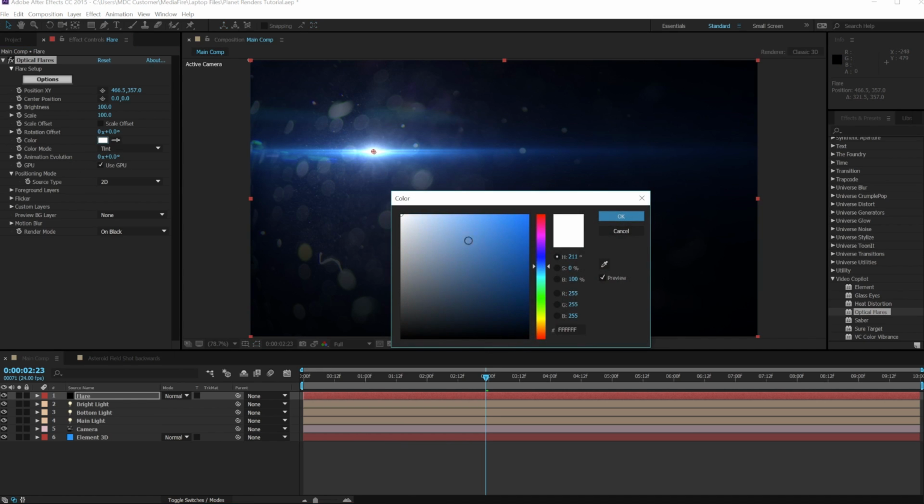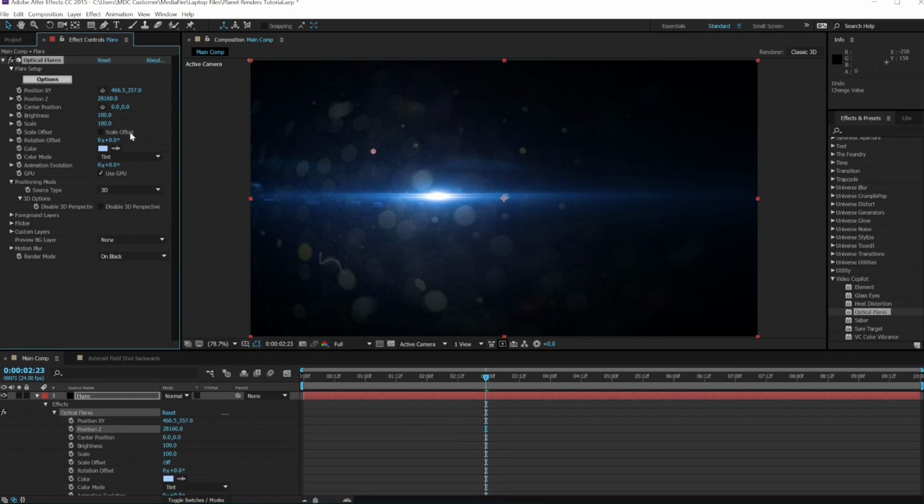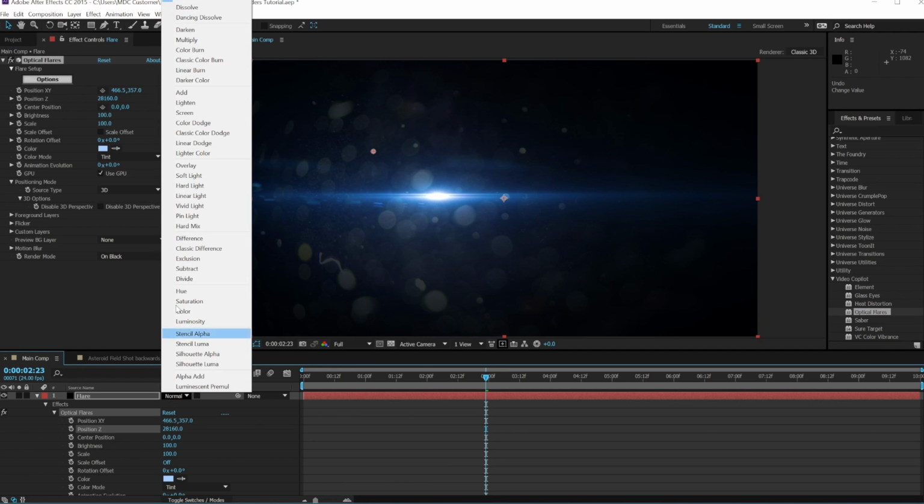So I'll just go over to my blue and we'll just change it to a little bit more of a bluish color. Right about there. That's pretty good. And we'll want to change this to a 3D lens flare. So let's go ahead and hit 3D. Okay, so now that it's a 3D lens flare, let's go ahead and change our transfer mode on this to